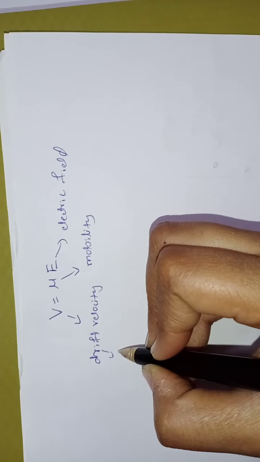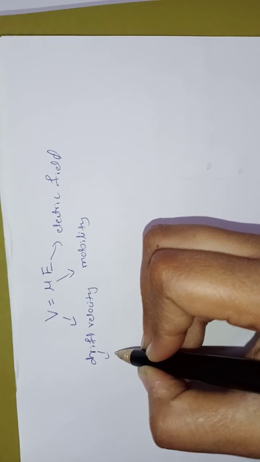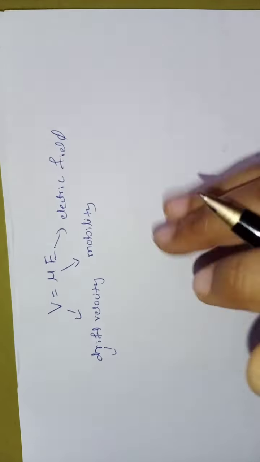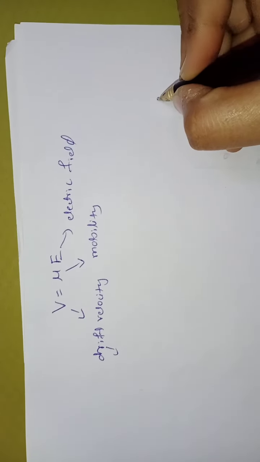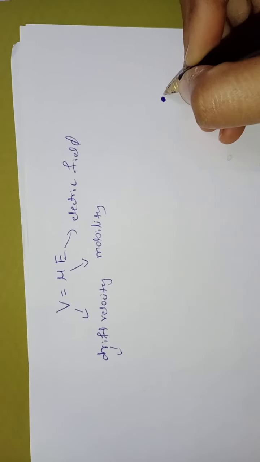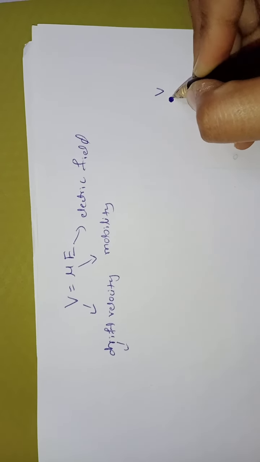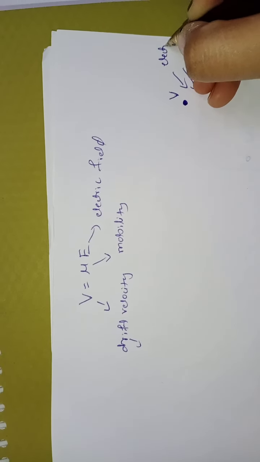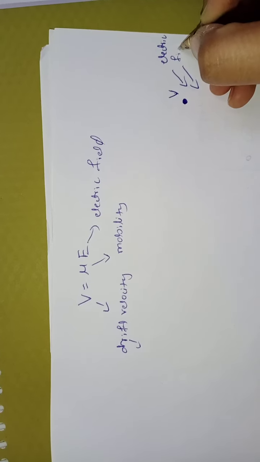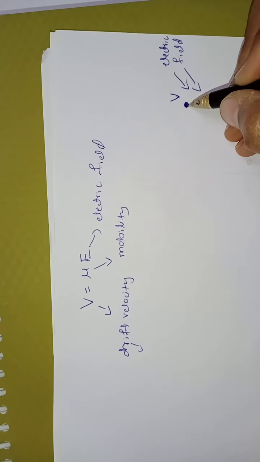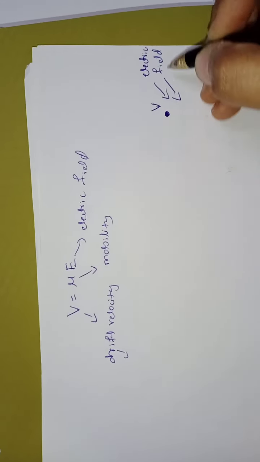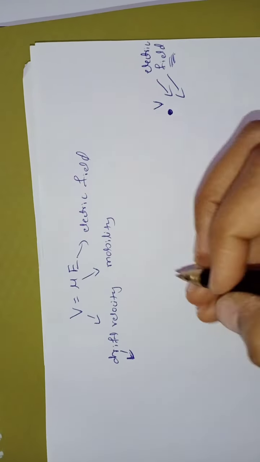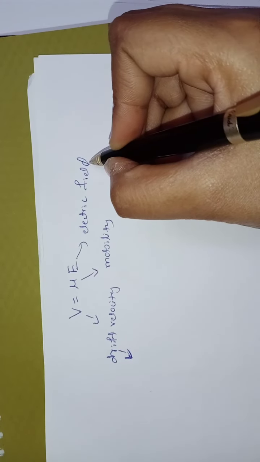Drift velocity is nothing but the averaged velocity of a charged particle that is due to an electric field. If we consider a charged particle, the averaged velocity of this charged particle is due to some electric field. Nothing but variations in the velocity of a charged particle due to an electric field is called the drift velocity. And we know the electric field.